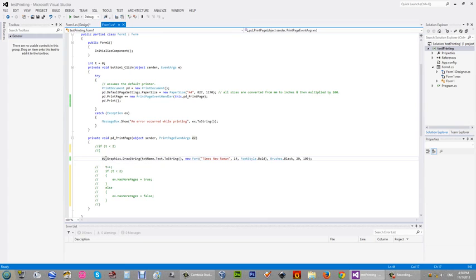You have to type this method signature. You need to mention these two parameters in your method: the variable called ev from PrintPageEventArgs, and the sender variable also.